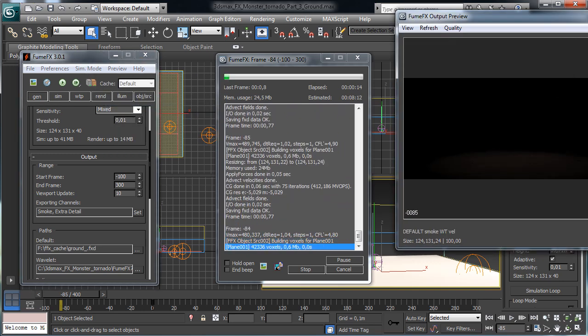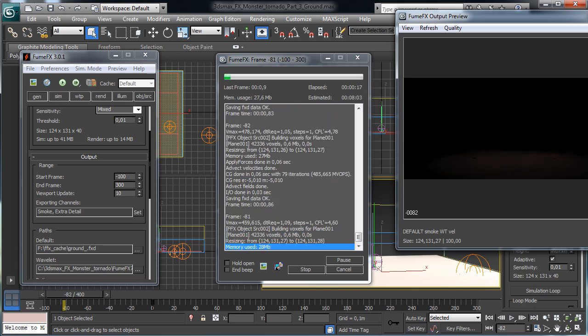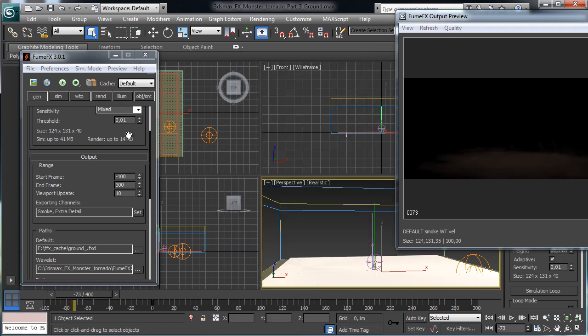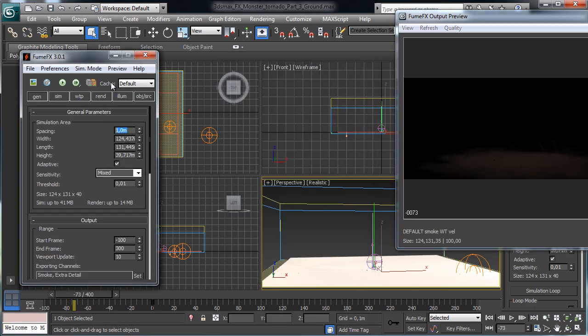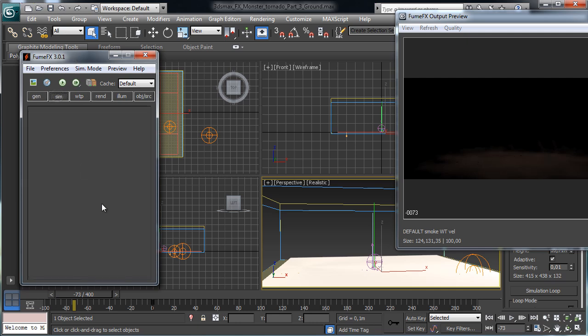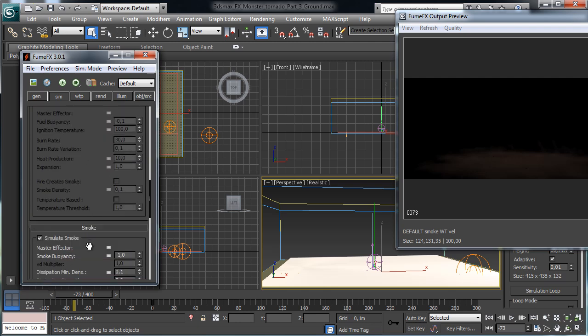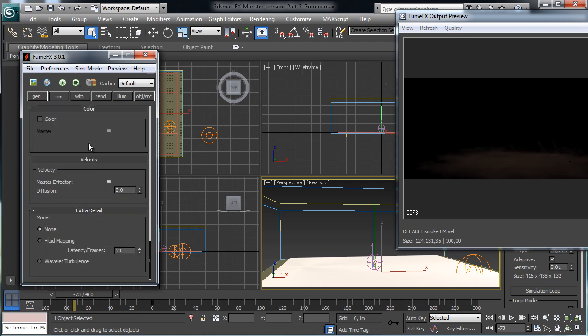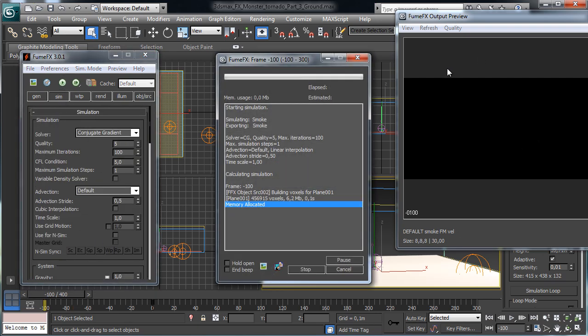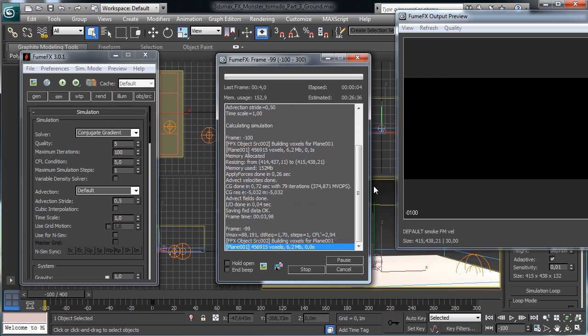Let's wait just some frames to be sure it is going better than before, but it seems that now we have a better result. I'd like to see also the scaling, because we changed the scaling before, so I'd like to see what happens if we have 0.3 as the ground, as the tornado, sorry, and we remove from this one the extra detail. So it will be a little bit slower to be calculated in this phase, but we have just one calculation,